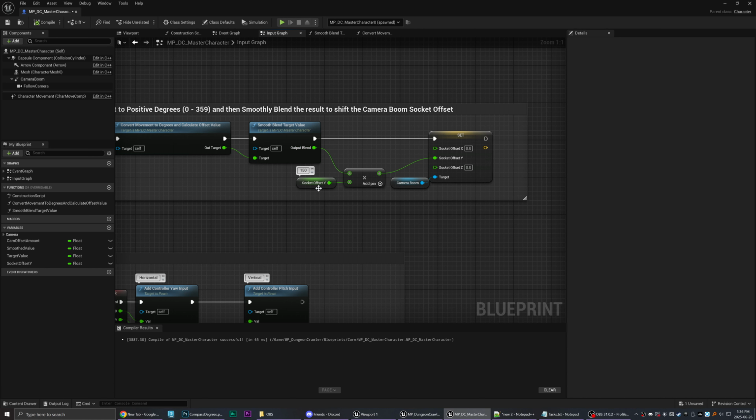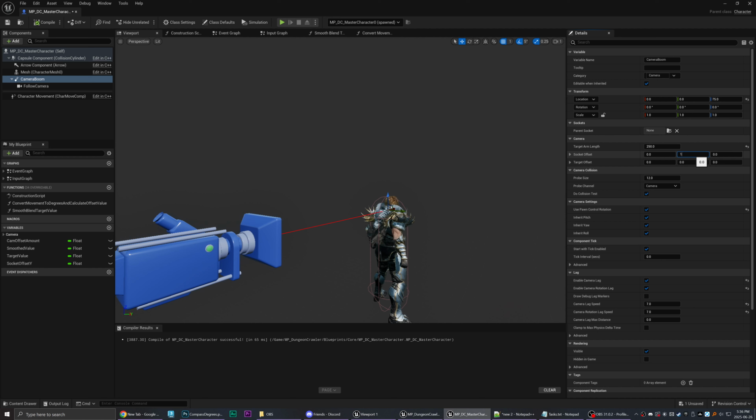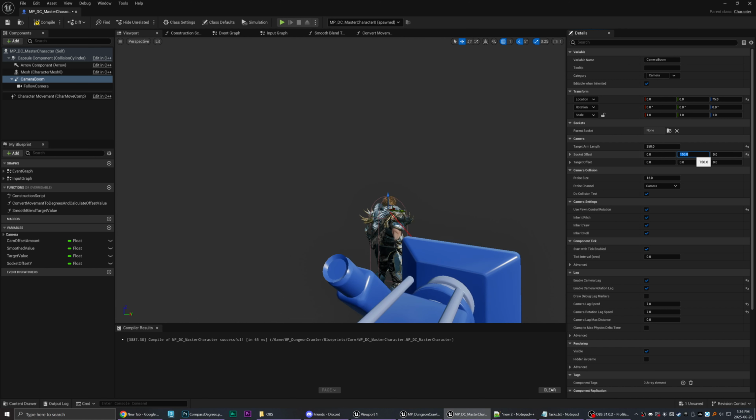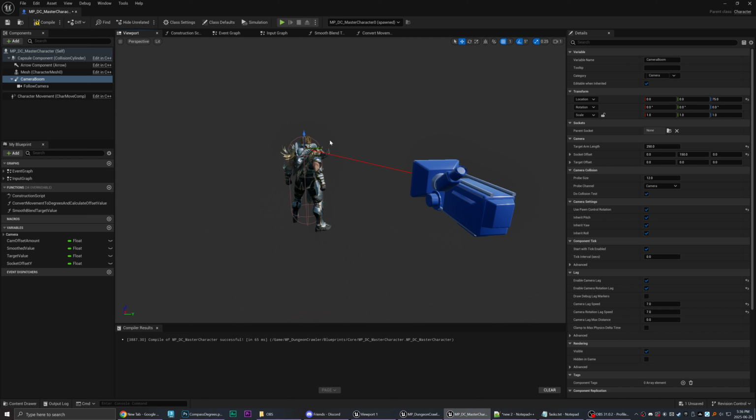So again, that's this socket offset here. If we set this to 150, just to give you an example of what it looks like. That means it's pushing the camera to the right, which has the side effect of making your character look like they're standing on the left if you were to just draw a straight line out from the side of the camera there. So that's where I determined my value that I wanted.